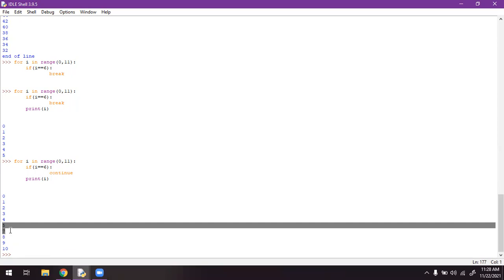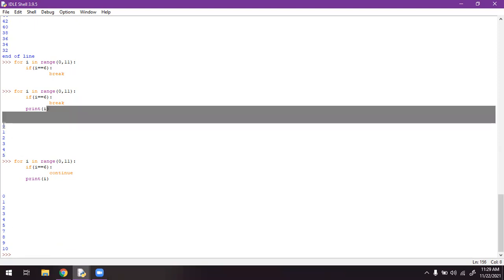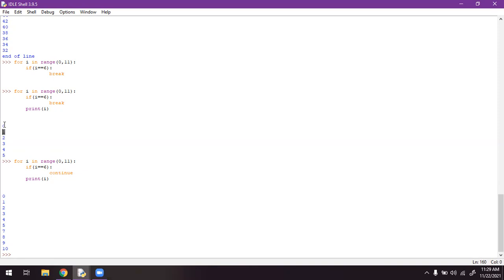In the break concept, the digits counted from the initial point 0, 1, 2 are the first digit, second digit, third digit, up to the fifth digit; only 6 digits came. But in the continue function, the sixth number is skipped, and we got the seventh, eighth, ninth and tenth numbers.